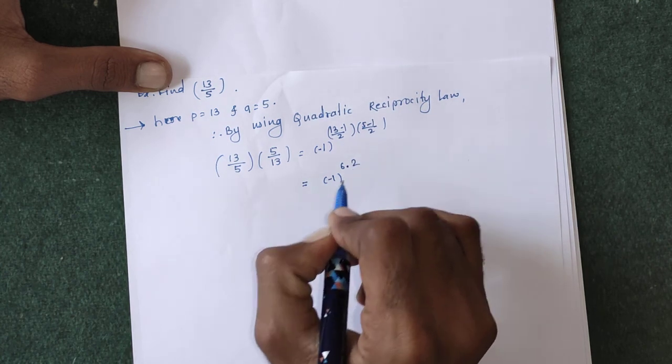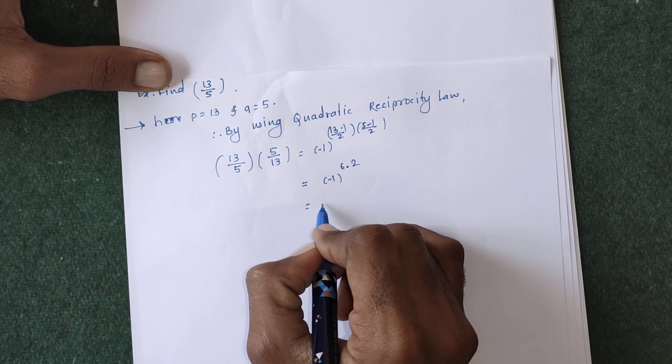So 6 into 2 is 12, which is equal to minus 1 raised to 12, which is plus